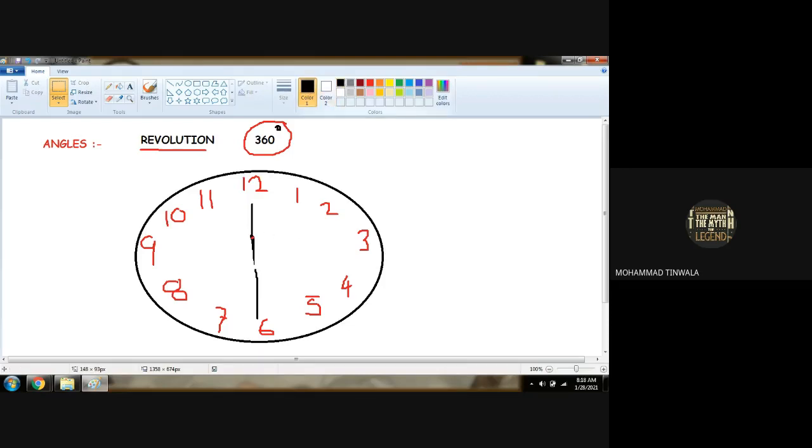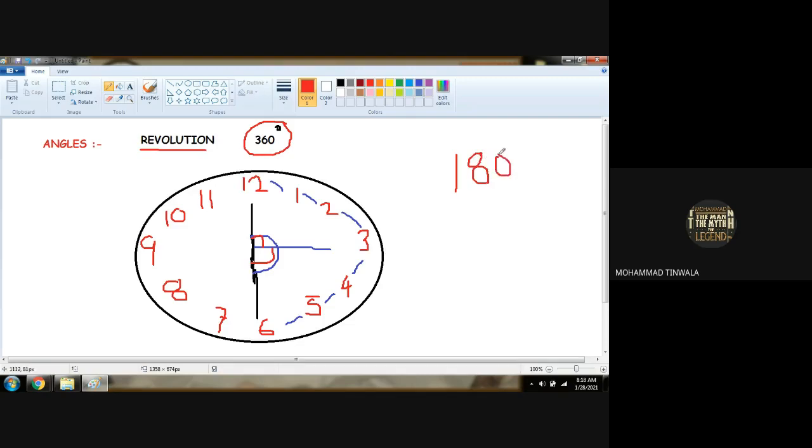So can I say now that this is covering the half straight line of a circle? Yes, 180 degree. So how did you get 180 degree? 30 plus 30, 60, plus 30, 90, 30 plus 30 plus 30, another 90. So 90 plus 90, there will be two right angles. See here, from here to here is one right angle and here to here is another right angle. So if you get two 90 degrees, you are completing half of it.